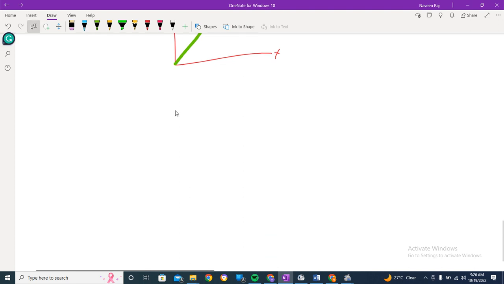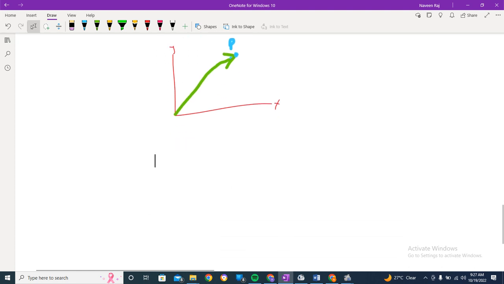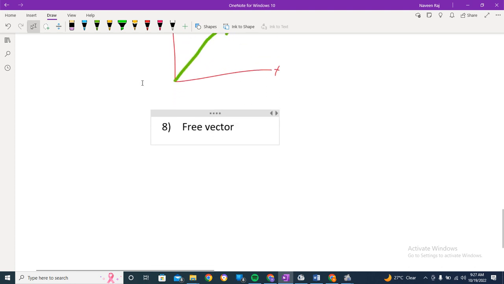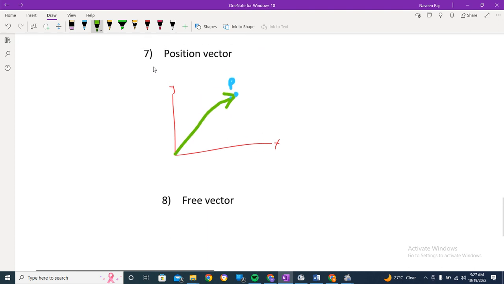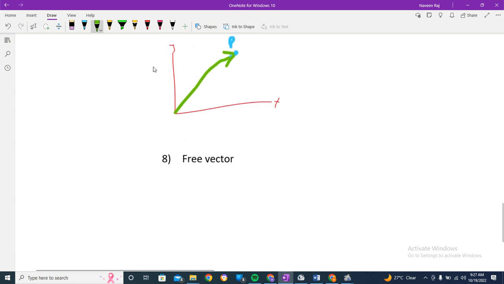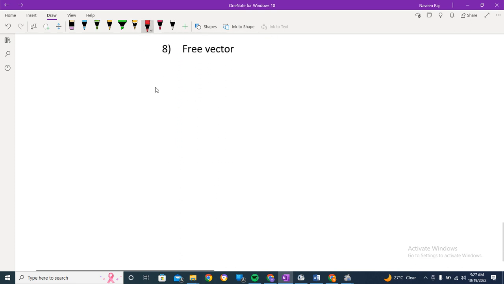Now let's move forward. We've got the last type, number 8, the free vector. Now what does that mean? If we look at it, I would like to add that the position vector is always from the origin. Do remember that, because that shows the link between the x and y axis. So we have an origin. Again, in the free vector we have the y and x axis, and we've got some differences, so origin,